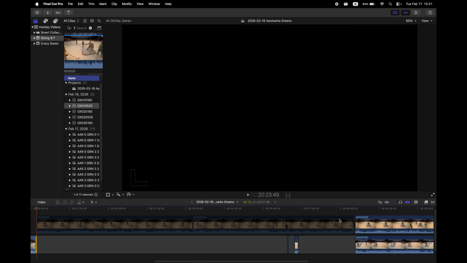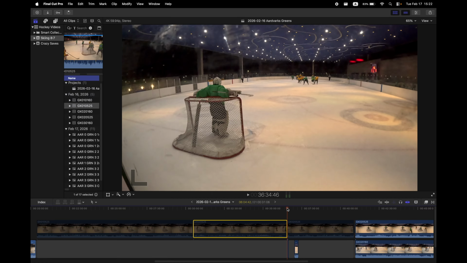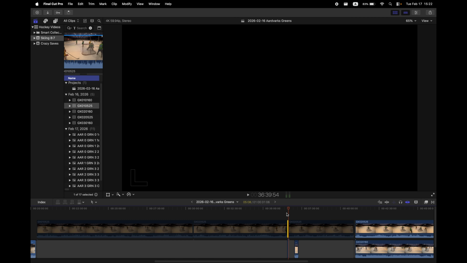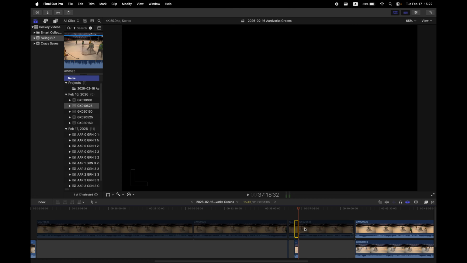Put a little cut at the beginning and the end, because right now that blank space joined with the blank space we had between periods, I like to re-separate them, and I'll show you why. I'm going to make cuts. I don't think I saw a shot between those goals, but just in case, I'll keep it in. I'm going to get rid of this little section where we scored, get rid of this one too,